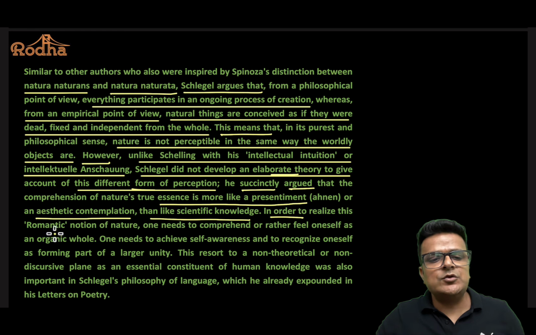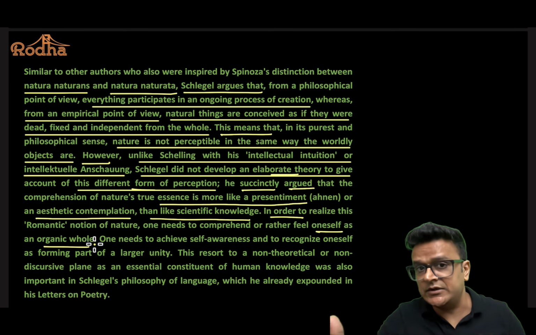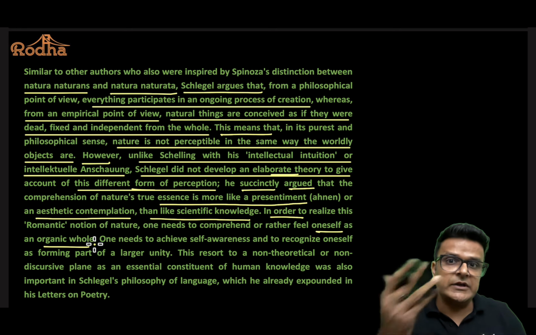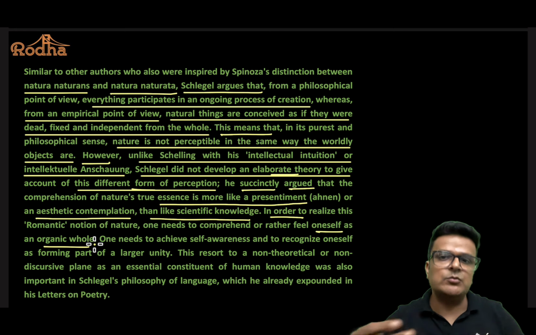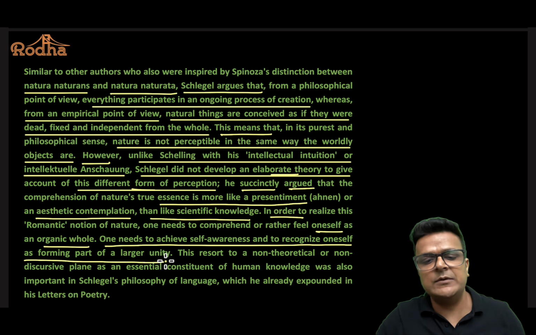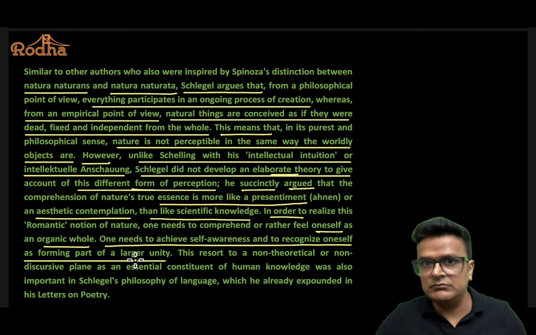In order to realize this romantic notion of nature, one needs to comprehend or rather feel oneself as an organic whole. अगर नेचर को इस तरीके से समझना है, तो आपको अपने आप को ऑर्गेनिक, नेचर तो ऑर्गेनिक ही होता है, उसका पार्ट अपने आप को मानना पड़ेगा. So only when you become part of nature you would understand it. One needs to achieve self-awareness and to recognize oneself as forming part of a larger unit. पीछे अभी वही बोला यहाँ पे ऑर्गेनिक होल में, फिर से बोल रहे हैं, because they have to fill up